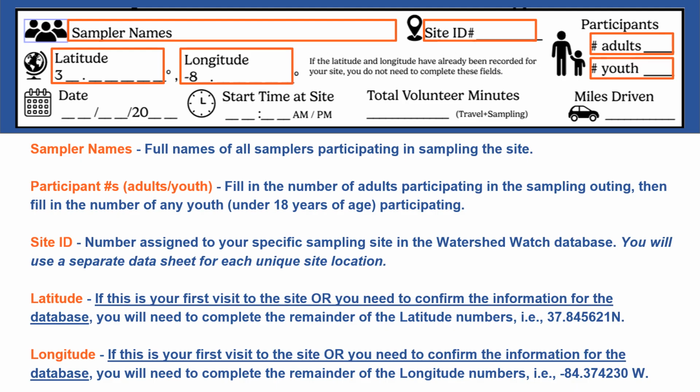At the top of the form, you'll begin by entering basic information about samplers and the site location. This includes the first and last names of participating samplers and the number of adult and youth participants. You should write in the number of your sampling site, which will be issued once you set it up in